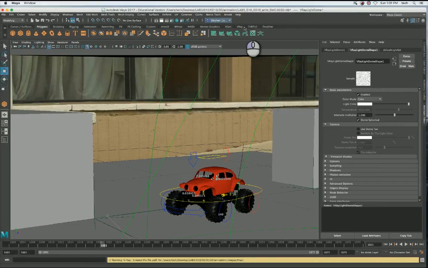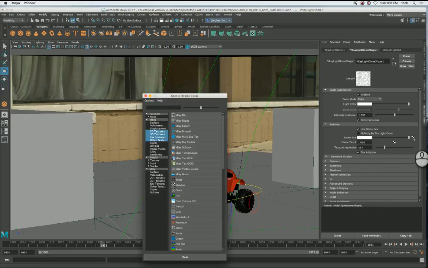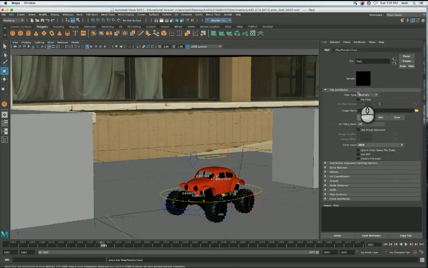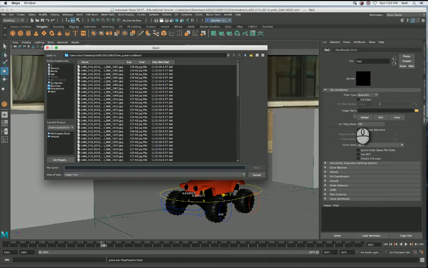So there's my scene. I've got my V-Ray light dome, so I'm going to use that light, but rather than using this default texture now, we can just say use dome tex, and then it's going to say, right, what dome tex do you want to use? I'm just going to click this to bring in a map. So it says, okay, my various choices. Obviously I want to use a file, so it's going to let me use a file. So then I want to actually pick the file, so I'm just going to select this folder here